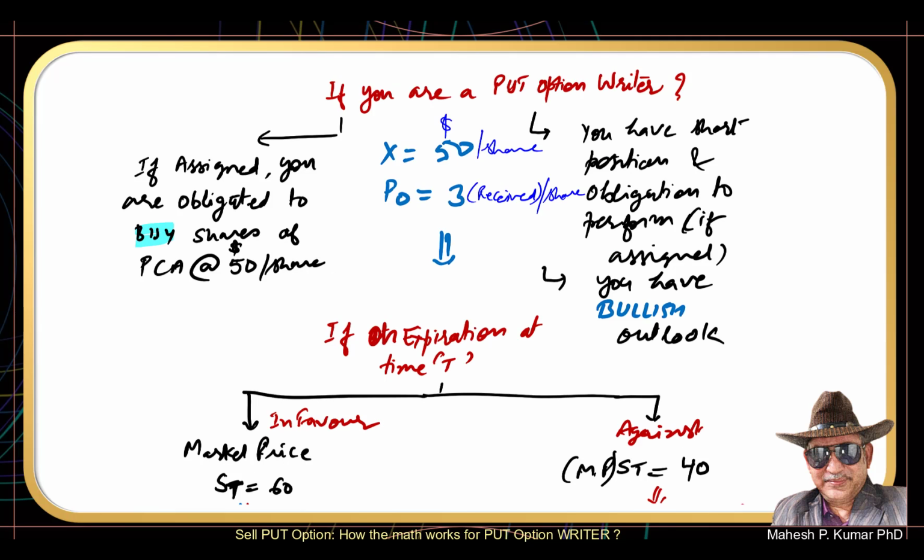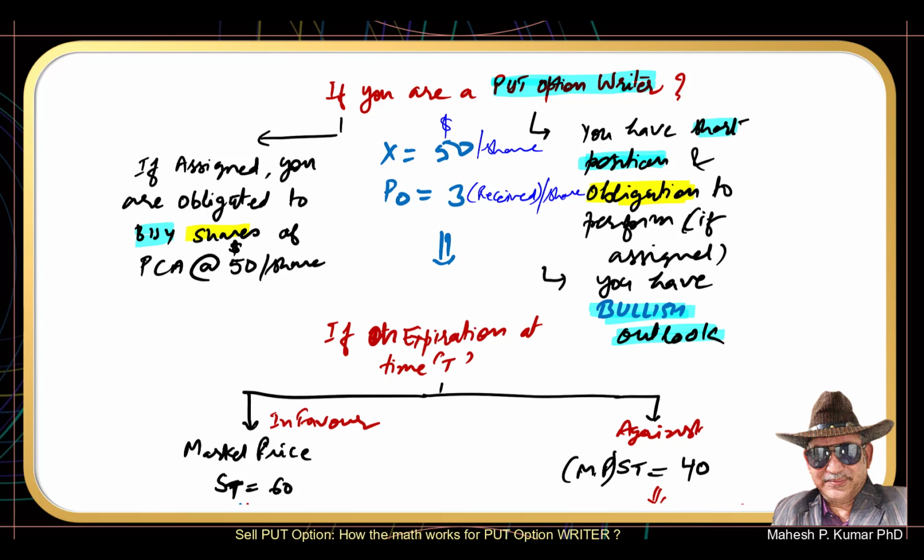Now remember, when you are a put option writer, your initial position is bullish. You have a bullish outlook. You think that the price of this share will increase. And you have a short position. Since you are a writer, your position is a short position, which means you have created an obligation for yourself by writing this put option,